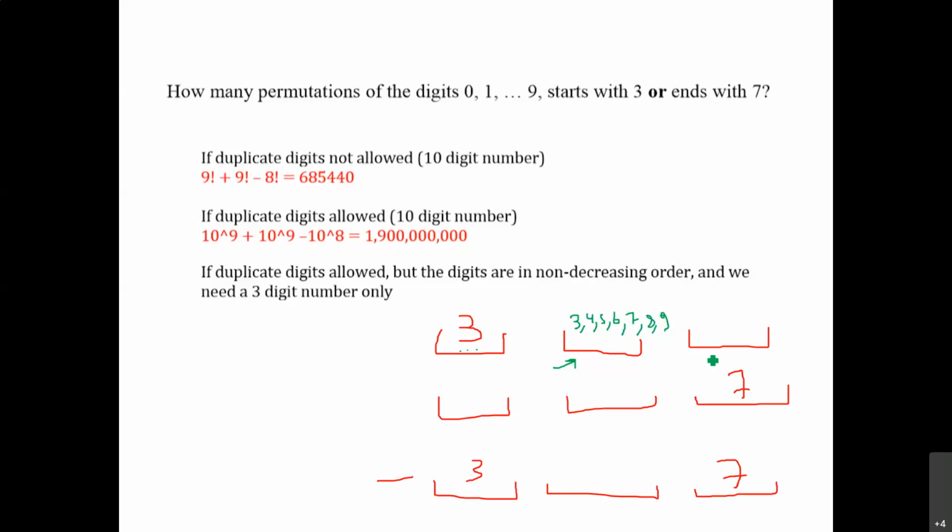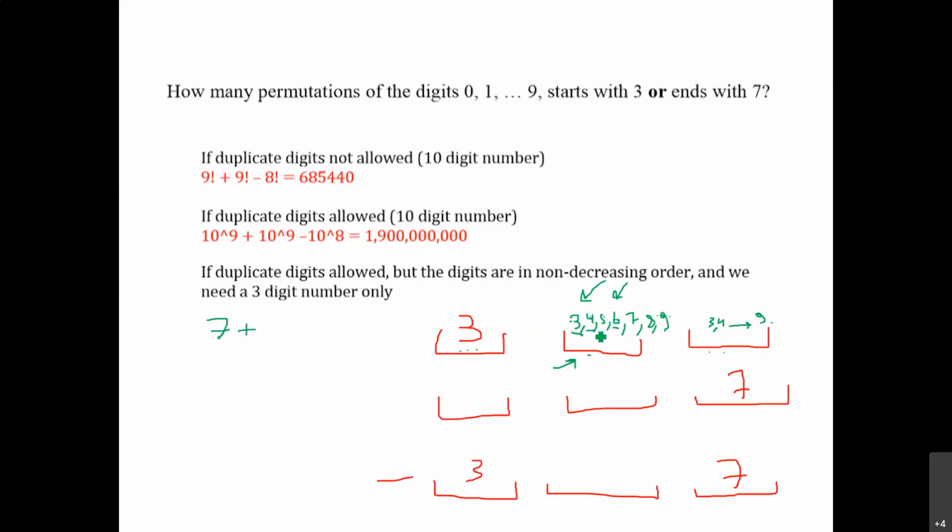But what about the last one? It's dependent on what I choose for the second one. If you choose 6, you can't put 3 here. But if you put 3, you can. So literally, we just want to count now. If I choose 3, what are the possibilities here? It's 3 all the way to 9. And how many are those? 1, 2, 3, 4, 5, 6, 7. So if you choose 3 here, you can choose 7 here. So that's 7 possibilities. Plus,